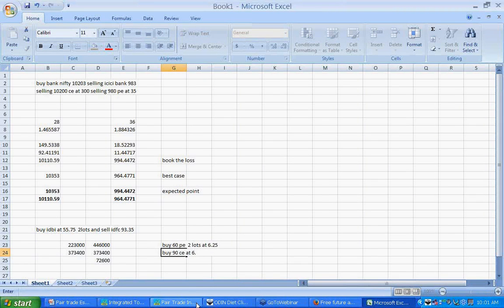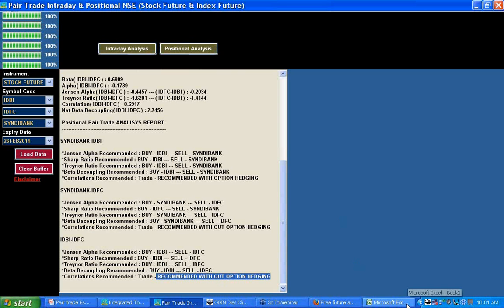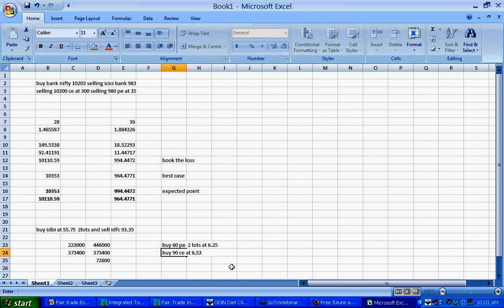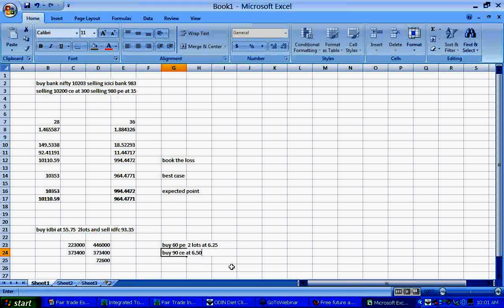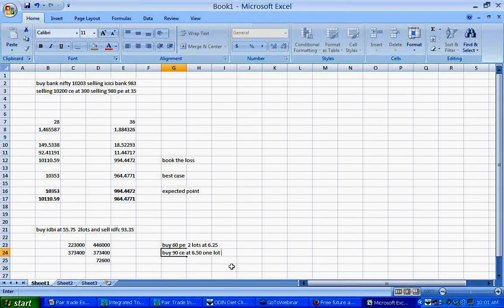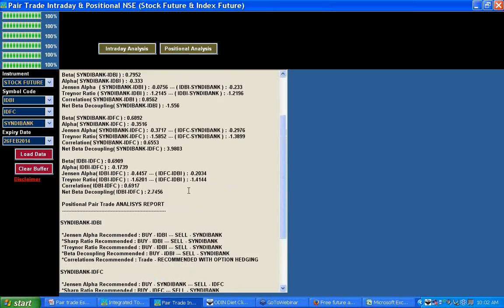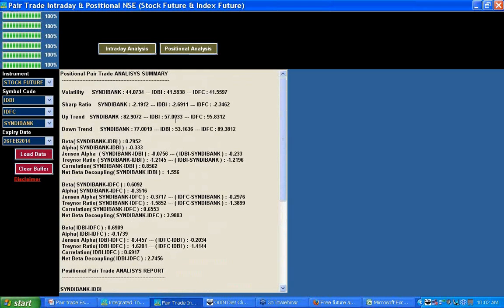This is the easiest hedging principle. So 6 rupees 35 paisa it is quoting, or 6 rupees 50 paisa it is quoting. So 1 lot. Since you are going to hold it for 10 days, better to hedge it with some options if you like. And if you feel, yes, I'm paying a great amount of time value here, you can think of selling some options also, like IDBI is having